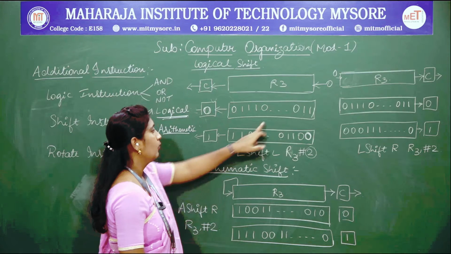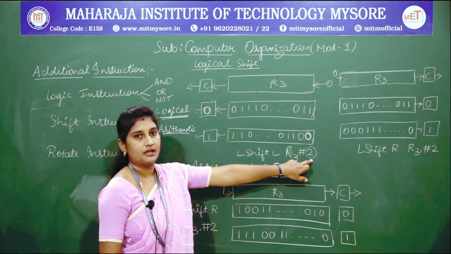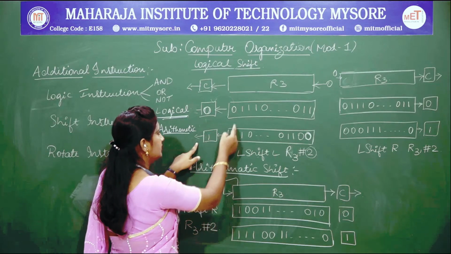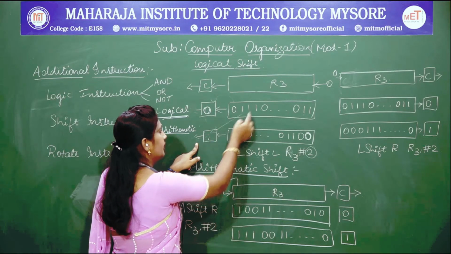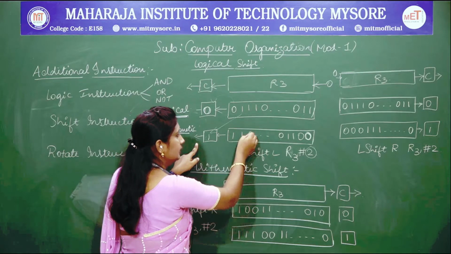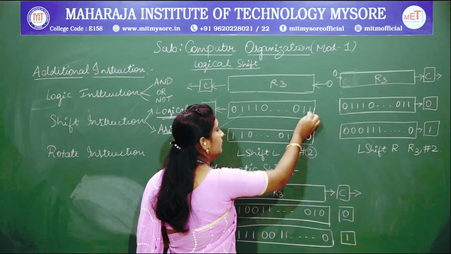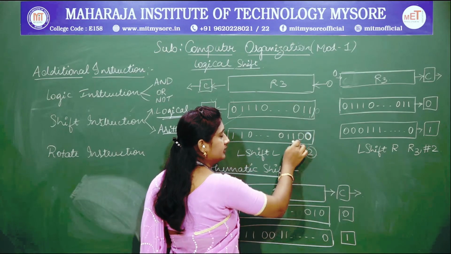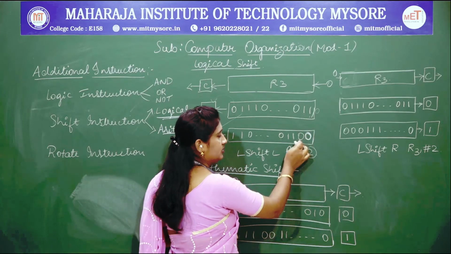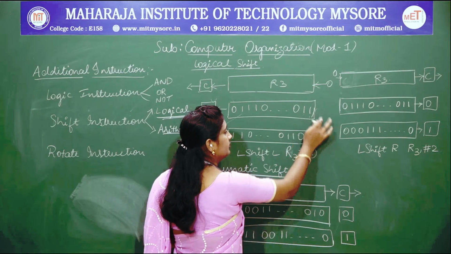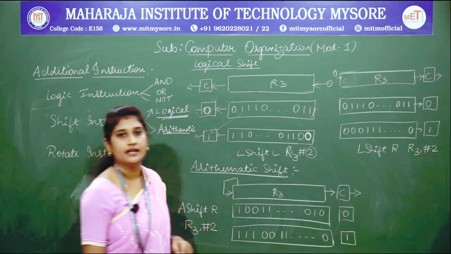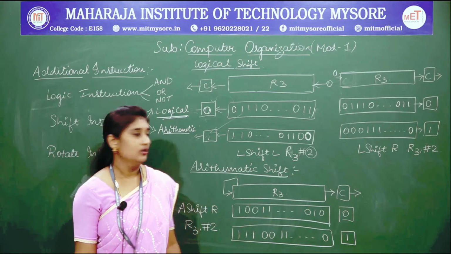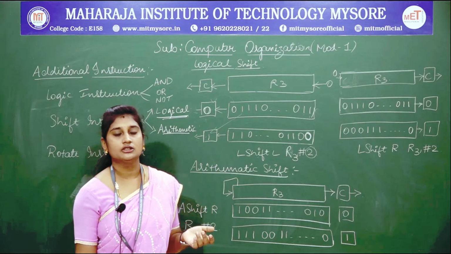Fine. So one shift is over, and now I will perform the second shift. Again a 0 has been kept here, and now it is lost. Again the 1 got shifted here, 1, 1, 0, 0, 1, 1. In the first shift I got a zero in the last bit position, isn't it? In the second shift I will fill the next vacant position with another zero. So this is how a logical left shift operates.